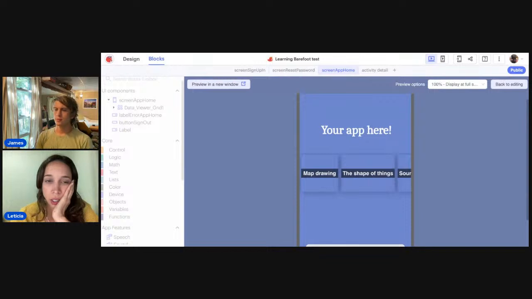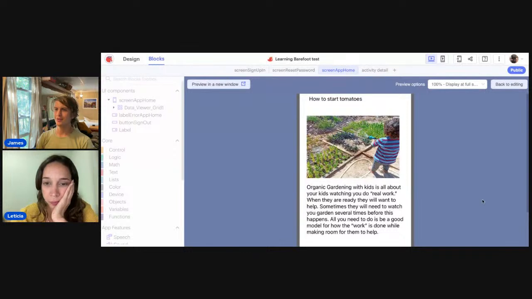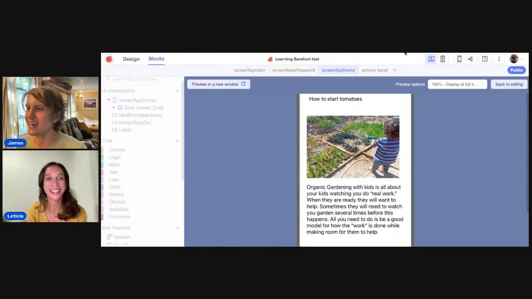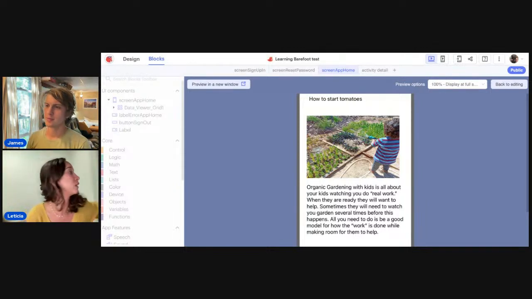Okay, let's check the same one that we were checking until now. Yay! Cool. That's so cute. I'm happy. That's great. So, organic gardening with kids: kids watching you do what? Very realistic. You were probably going to do it by yourself until they get along. That's cool. Yeah, kids love to watch, right? Yeah, they are mirroring all the time, so we might as well be very conscious about what we are doing around them.